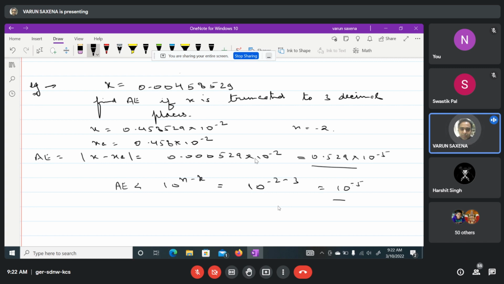Generally we go for simple truncation. That is probably the most convenient. It doesn't matter if you have an error of an order of 10 to the power minus 5 or 10 to the power minus 6. It's pretty much giving you what you really require. So really, hardly I see anybody going for